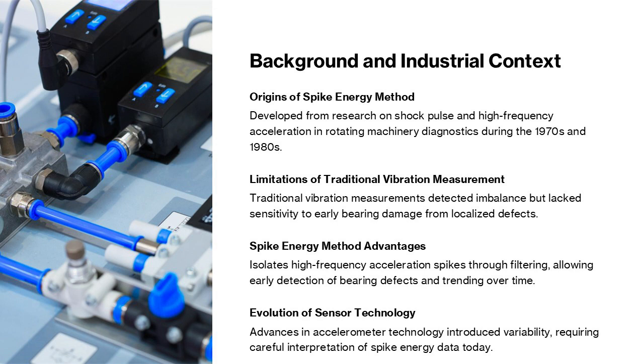The spike energy method emerged from early research into shock pulse and high-frequency acceleration measurement techniques used in rotating machinery diagnostics. During the 1970s and 1980s, industries such as power generation, oil and gas, and manufacturing sought reliable methods to detect bearing failures before catastrophic breakdowns occurred. Traditional overall vibration measurements, typically expressed in velocity, were effective for imbalance and misalignment but often lacked sensitivity to early-stage